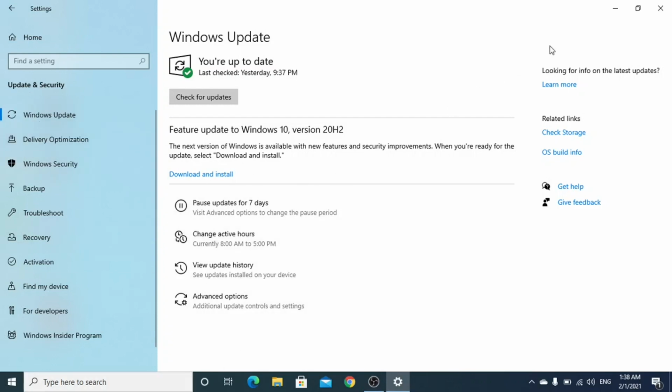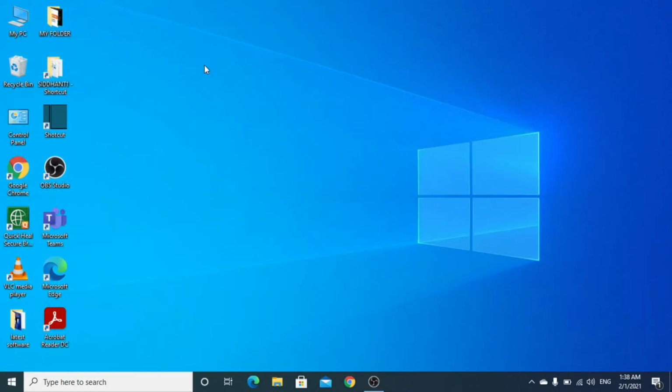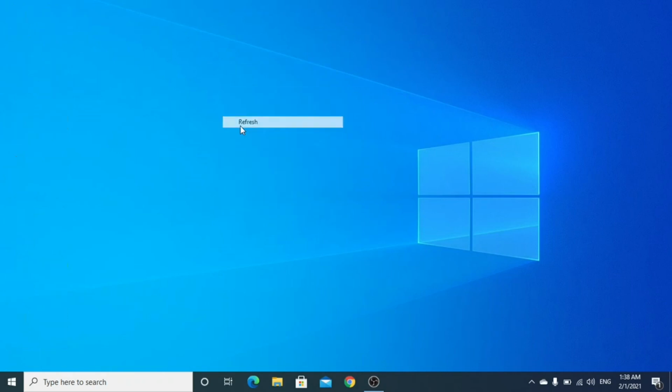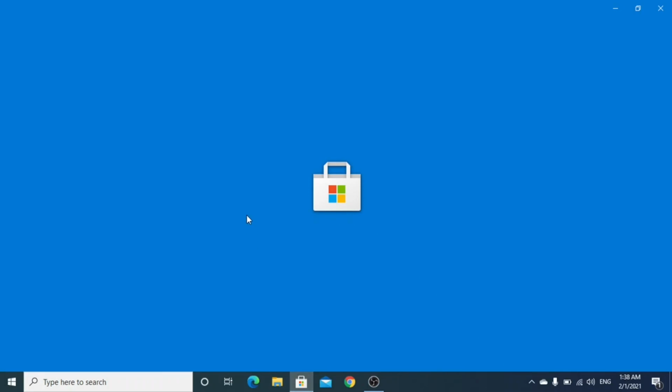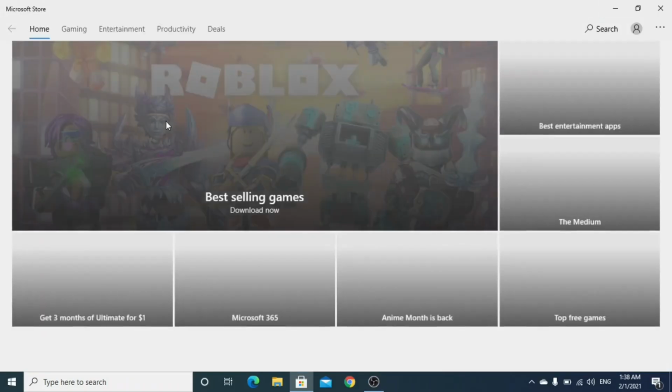Another thing which will help speed up your Windows PC is to update your Microsoft apps like Paint 3D, Photos app, and Video Editor. For that, go to Microsoft Store. Open Microsoft Store, and make sure your device is connected to the internet.